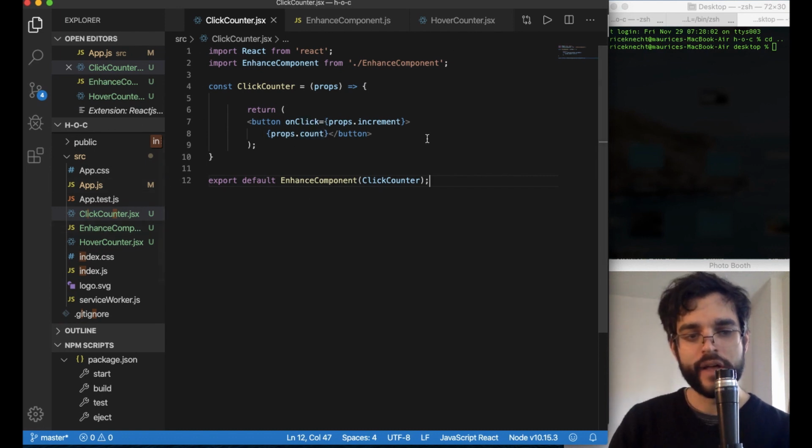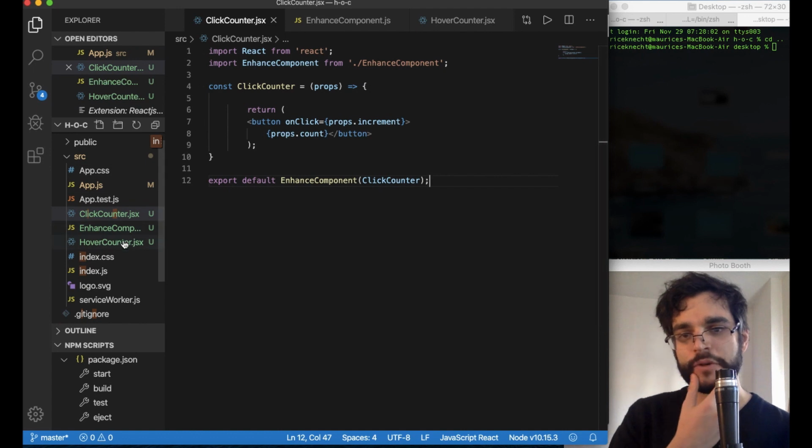Our click counter now is just a dumbed down component, and that's a good thing. This is good because it's going to allow much more extensibility now because we don't need to be implementing all this state into this click counter if we know that we're using this click functionality for multiple components. And we can do the same thing that we did now with our click counter to our hover. So if we go to our hover counter,